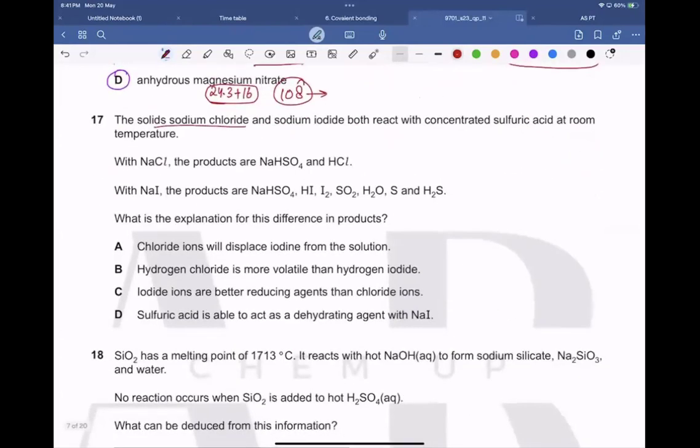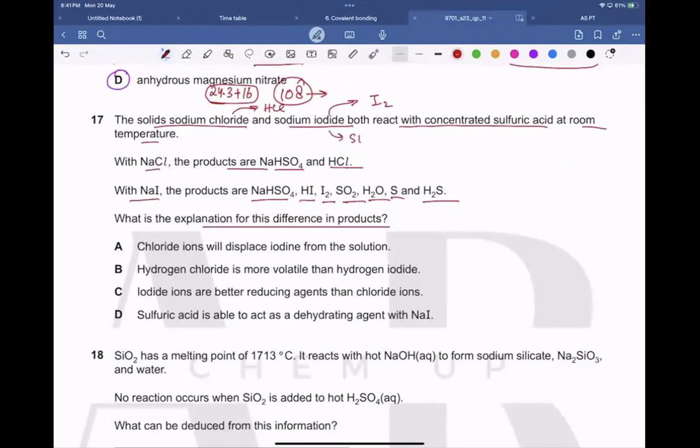The solid sodium chloride and sodium iodide both react with concentrated sulfuric acid at room temperature. If you recall, over here only HCl is formed, but over here further iodine is formed as well. With NaCl, the products are NaHSO4 and HCl. With sodium iodide, the products are NaHSO4, hydrogen iodide, iodine, SO2, H2O, sulfur, and H2S. What is the explanation for the difference in the product? So the only difference is that